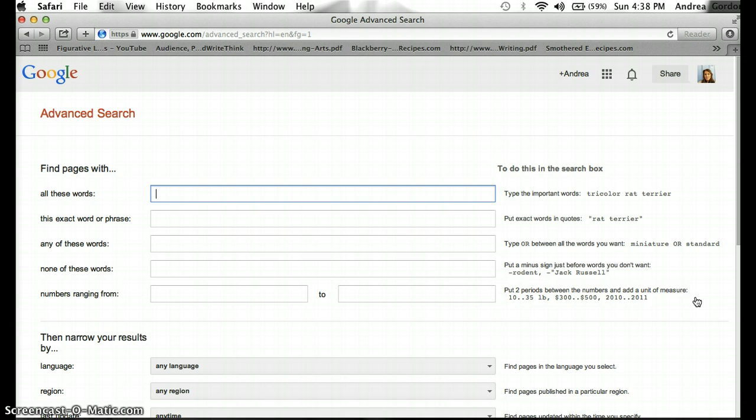The example that they use is with a dog, and they tell you to type in specific words over here on the right to narrow down your search for a dog. I use the find pages with sometimes, but you would want to type in keywords that you're looking for. Say if you were doing the Thanksgiving holiday, you might want to put in Thanksgiving or turkey,